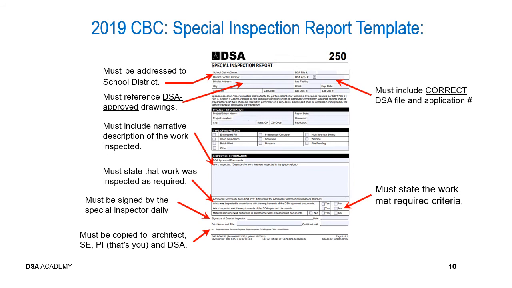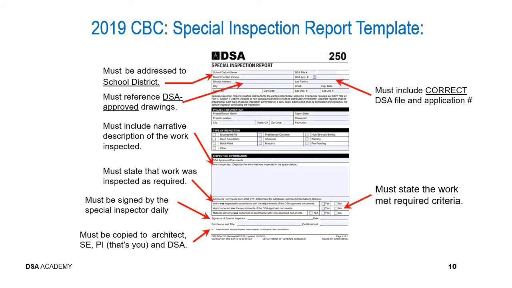So here's a sample special inspection report template. I'll just point out a few things. I'll start at the top right and work my way around counterclockwise. It does need to include the correct DSA file number and application number for tracking the project and making sure we know which one this report applies to. The report needs to be addressed to the school district and also reference the DSA approved drawings. It also needs to include a narrative description of the work inspected and state that the work was inspected as required. It also needs to be signed by the special inspector on a daily